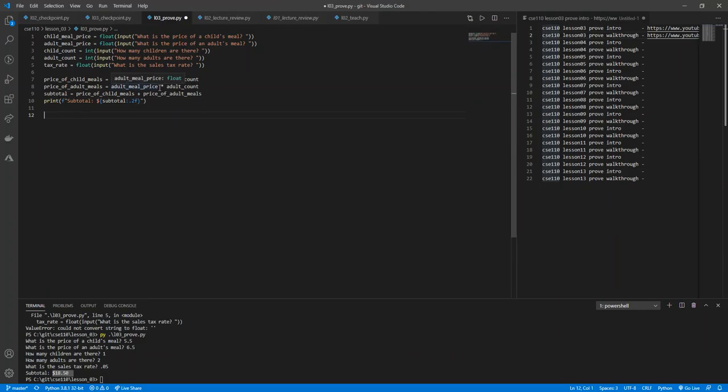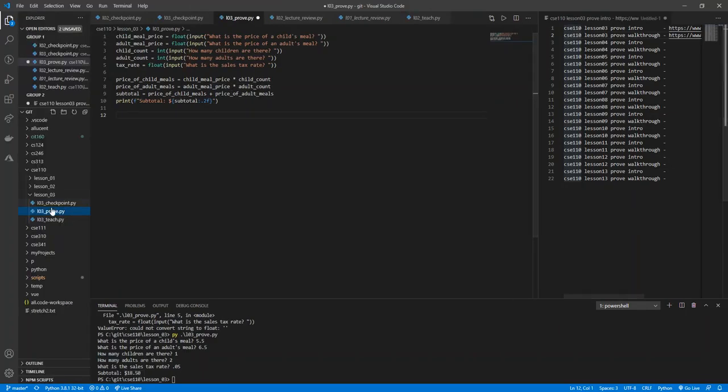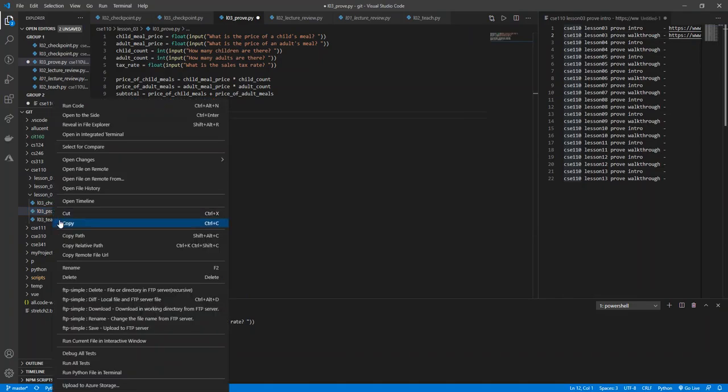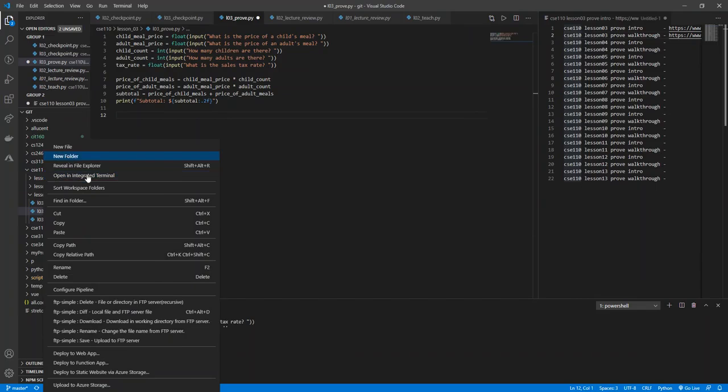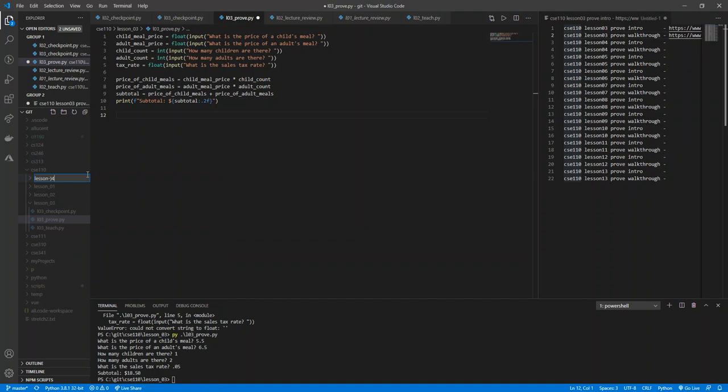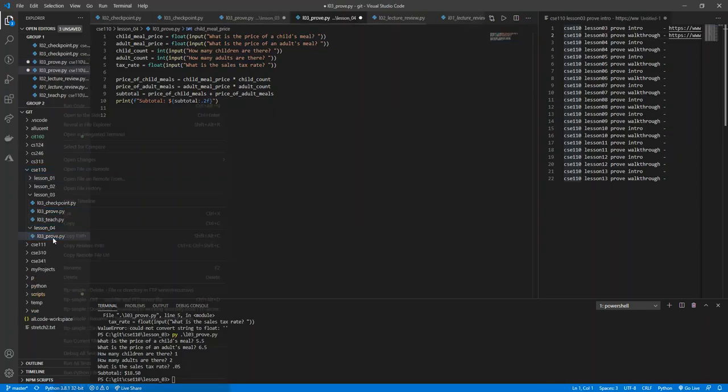Now down here, just for my own sanity, I'm going to copy this file, and then I'll make a new folder called lesson04, and I'm going to paste it in there, and rename it to lesson4 prove. Okay, now